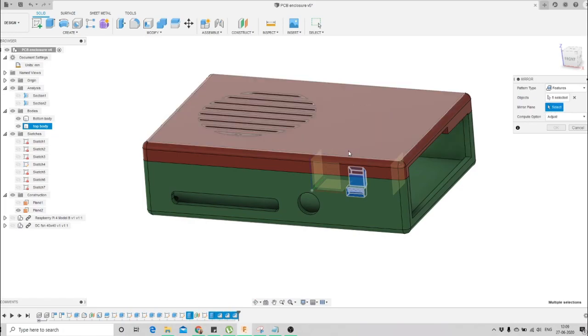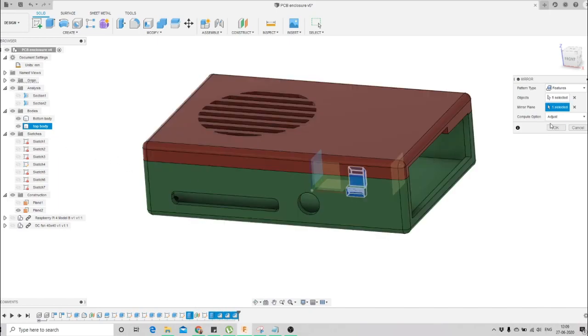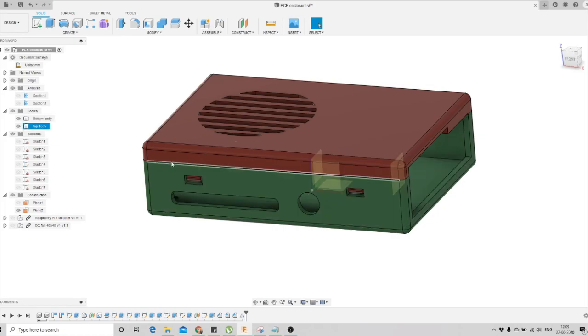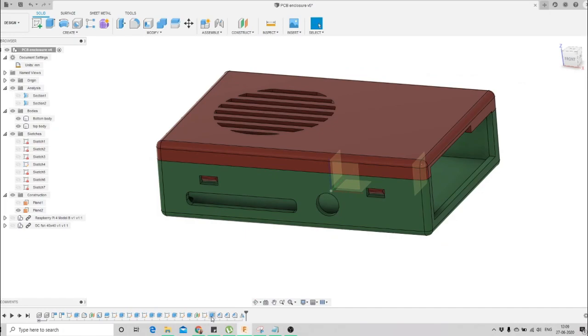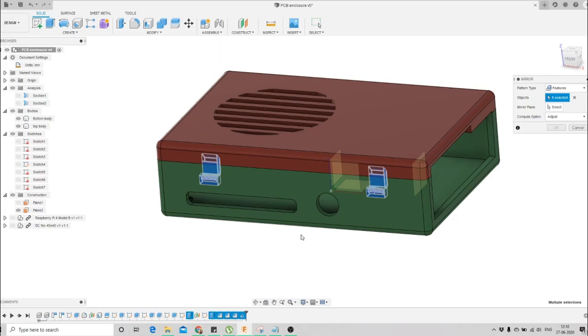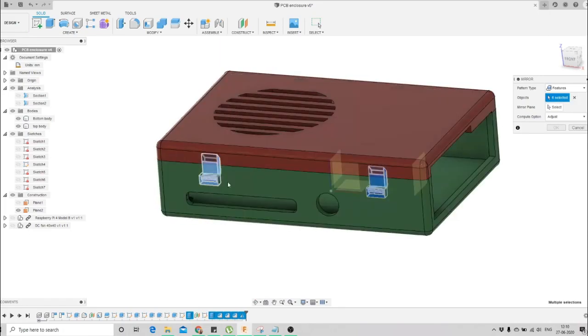I will click on the mirror plane, then I will turn off the body. I will select this one as the mirror plane, and then I will turn on the body, and press OK. So here you can see the same thing has been created in this direction also. The same way we'll select all the things again. This time we will also select the mirrored things that we had created. Then we'll again go to create and mirror. Now it is 6 objects, because this one is the complete mirror of this one.